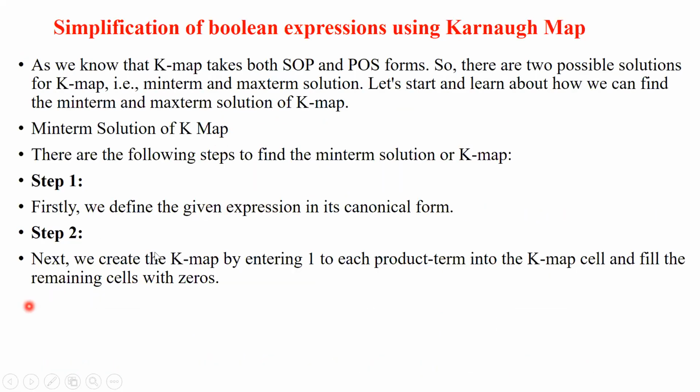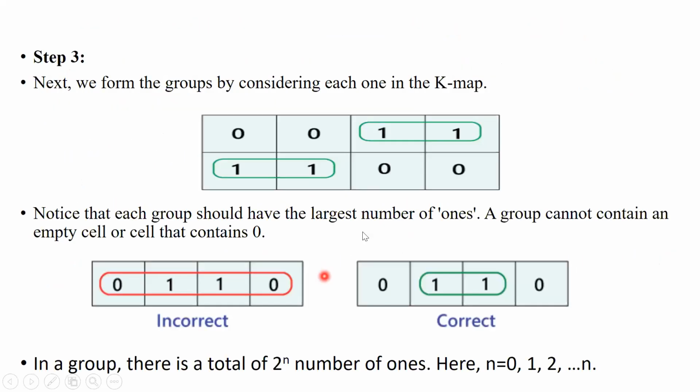So your first step was to find out the canonical expression. Canonical expression, again I'm repeating, all the terms, all the literals should be present. Only B dash C will not work. I should know what is A, B and C, whether it is A or A dash. So all those literals should be present. Wherever those min terms are there, I enter 1. Suppose some min terms were present, so suppose this min term was present. I marked it 1, 1, 1, 1. And then the remaining cells, I have marked by zeros.